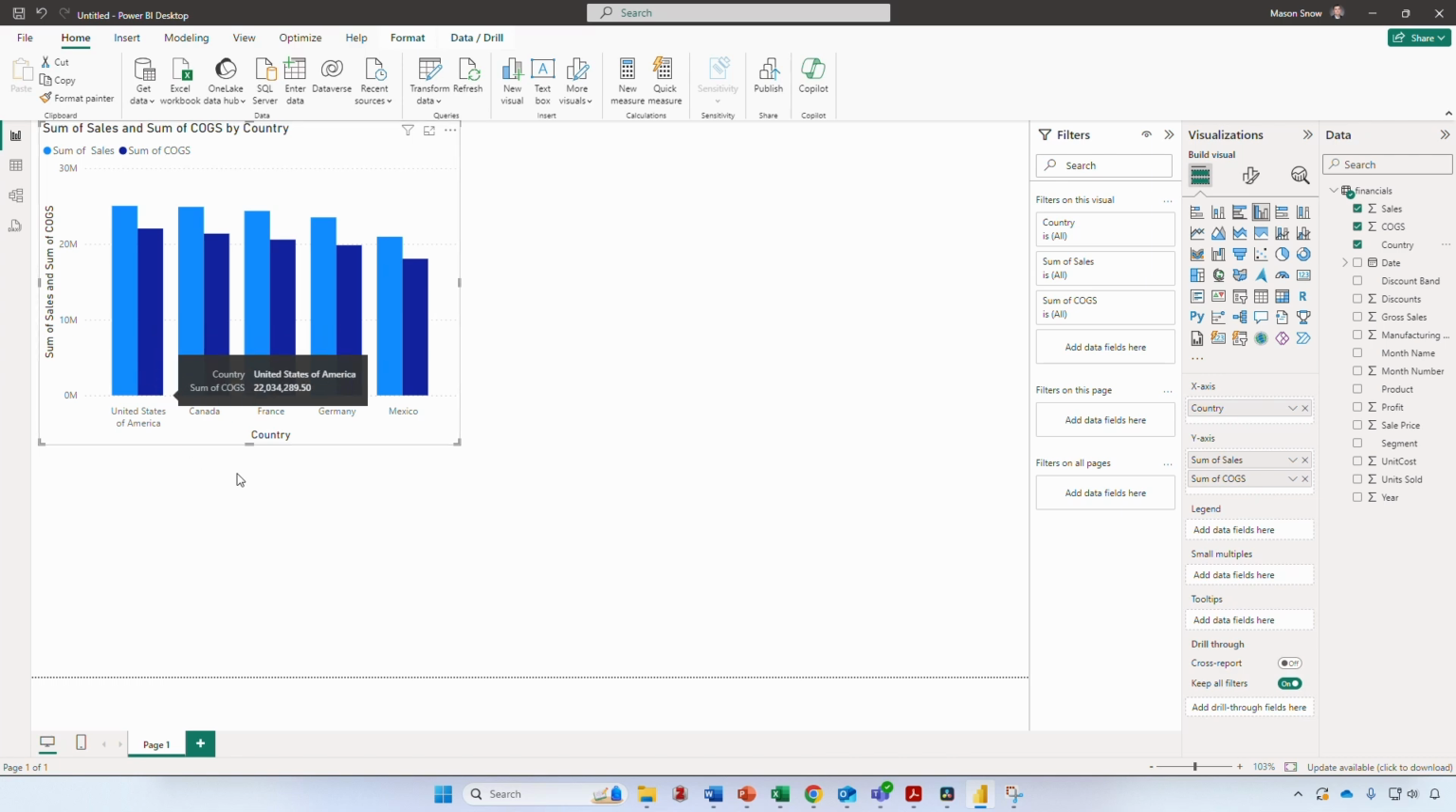All of these fields that we've selected now appear as inputs in the visualization pane. Two fields have been included in our y-axis, with country as our x-axis. Now we can change what type of chart is being displayed by clicking different options in the Build Visual tab of the Visualizations pane. For instance, instead of clustering these columns side by side, I could stack them, stacked column